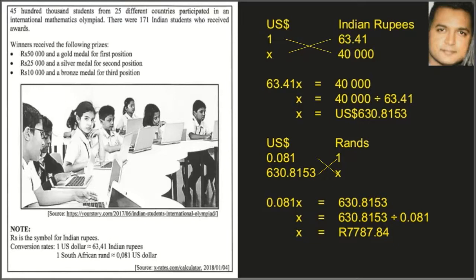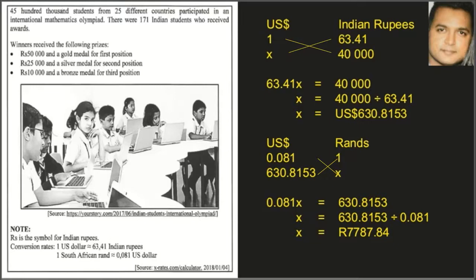So I write my two headings down, which is the US dollar and the rands, and I put my given information first, and then I take the 630,8153. I've left it in 4 decimal places because I know I will only bring it to 2 decimal places right at the end. So cross multiplying, I'm left with 0,081 X is equal to 630, and then I solve for the X. Once I solve for X, I'm left with